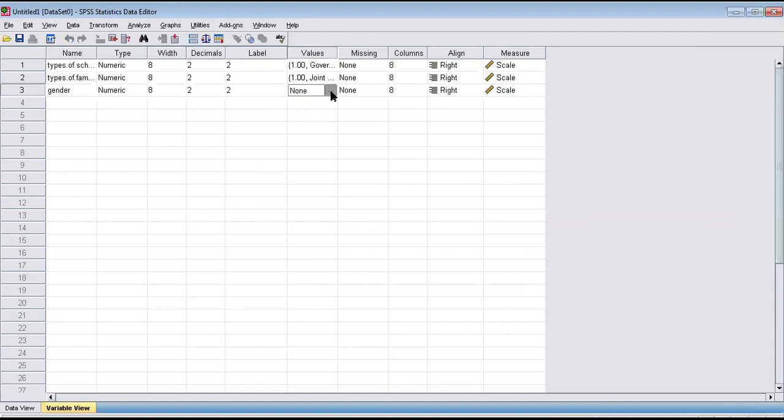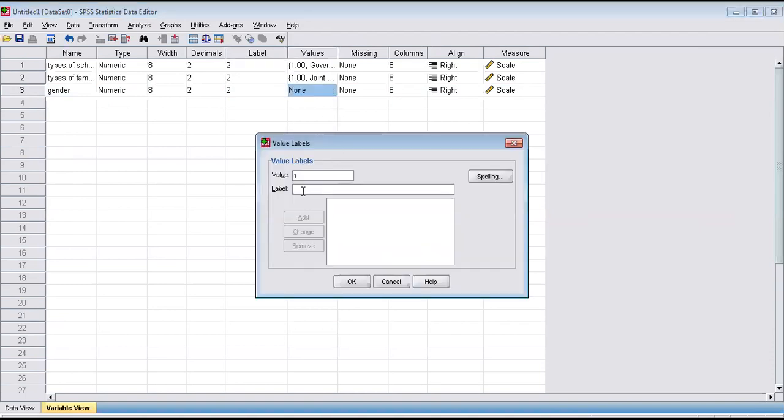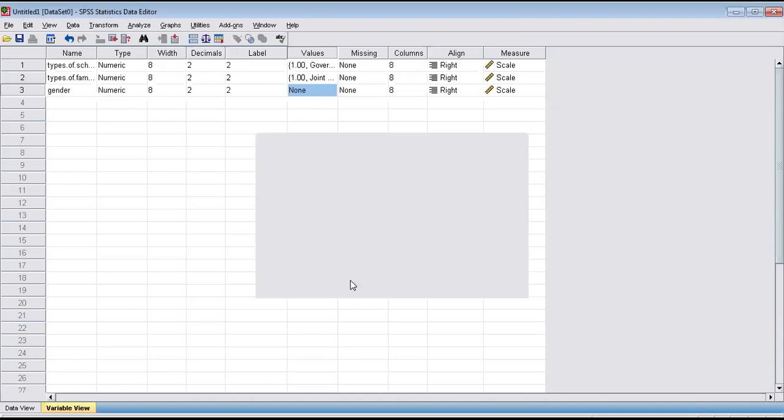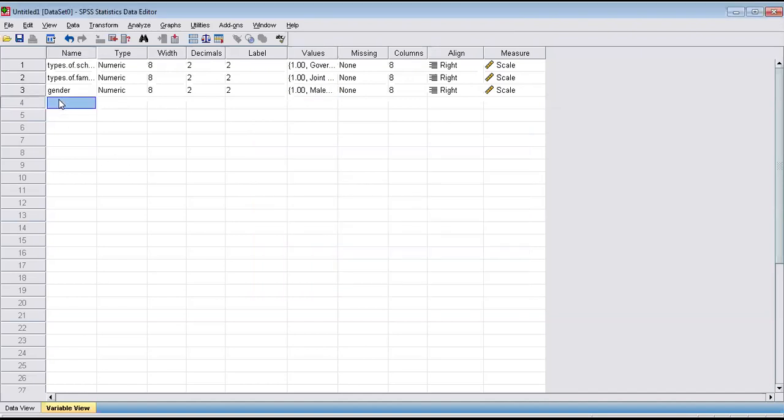And if I say one as males and two as females, okay, so this is how I have done. Entered these three names. Now I have the